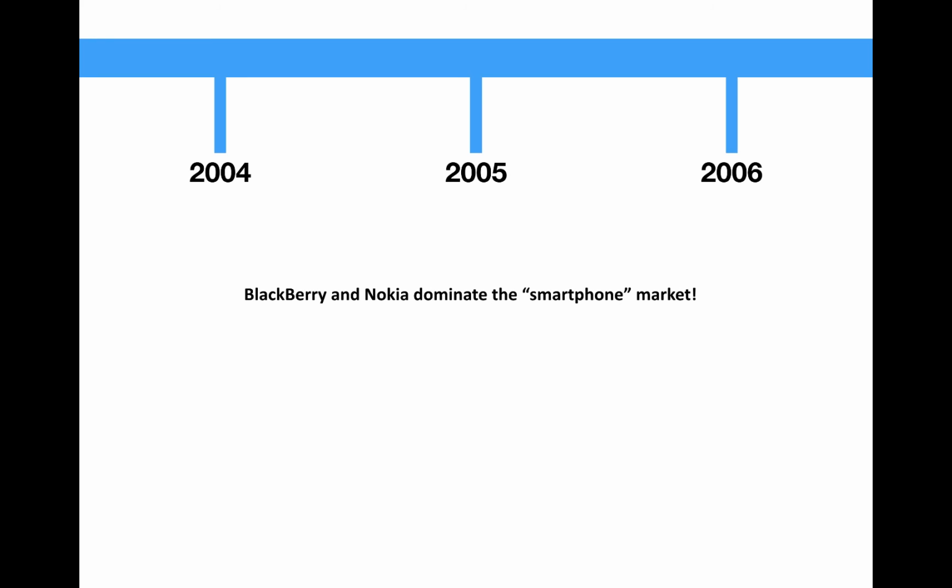In the years from 2004 to 2006, BlackBerry and Nokia, with its Symbian OS, dominated the smartphone market. These were the years when you could hear people using the term crackberry, referring to the addictive nature of Blackberries. Many people who own them seem to use them all the time for texting and emails. But one little item of note here is that